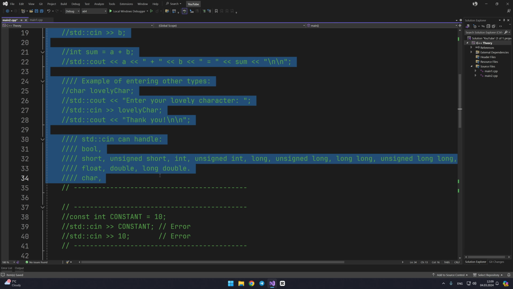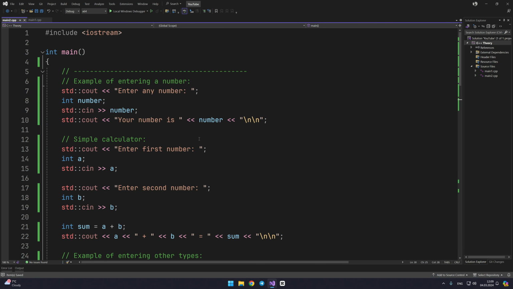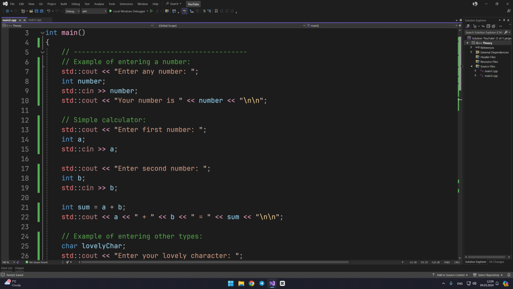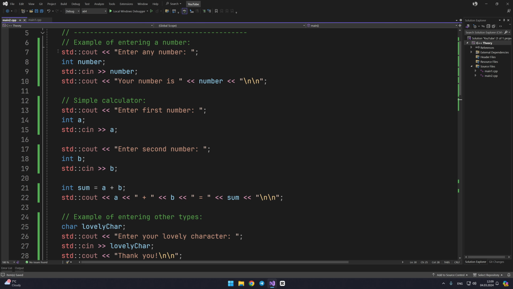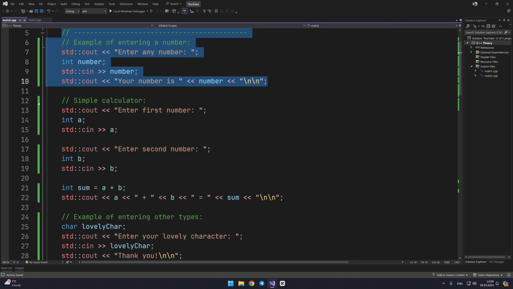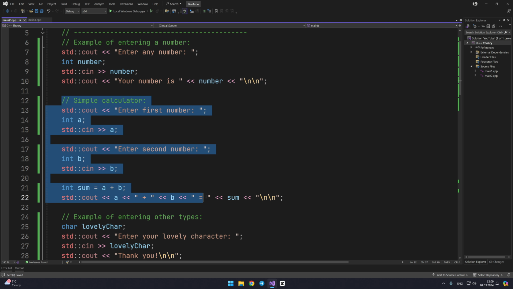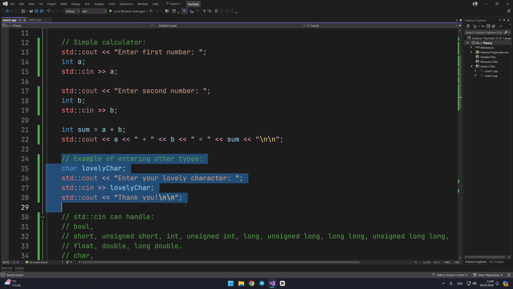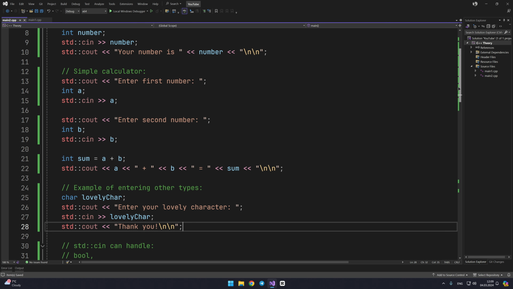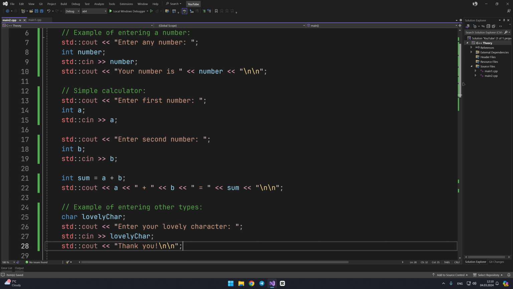Let's look at a more complete example of data input. Here I use everything we've studied before. First, see how I separated different parts of the code with a blank line and wrote a simple comment that explains what each block of code is about. This improves the readability of the code.